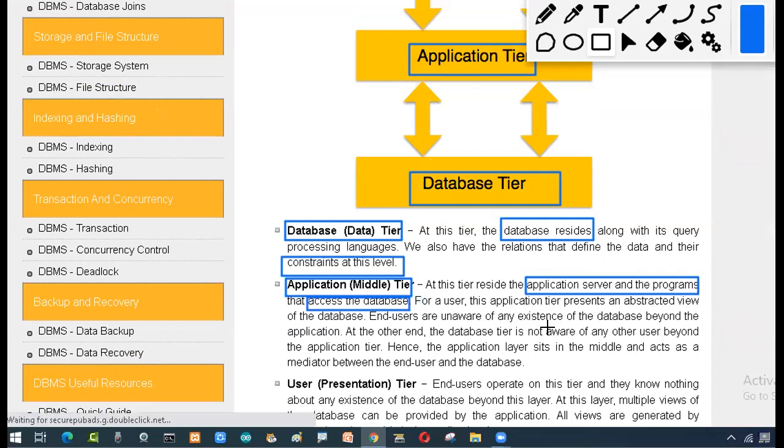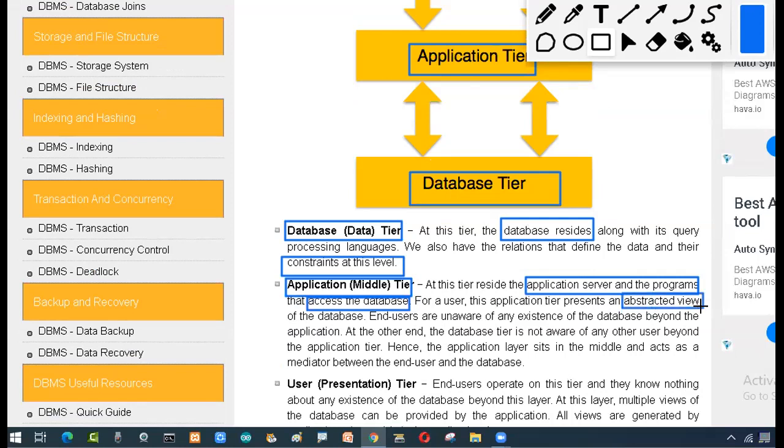That is the beauty of this middle tier. The application presents an abstract view of the database. It says, I am there for you, but where the data is, it is not going to tell you. It just gives the view: I have data, whatever you want, you can ask me. The users are unaware of where this particular database is coming from.